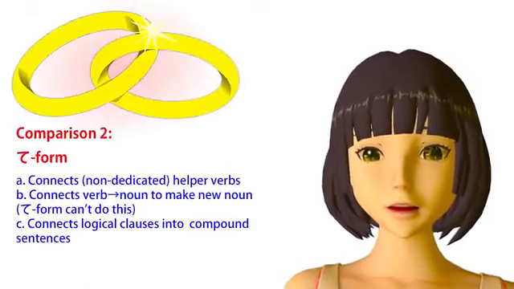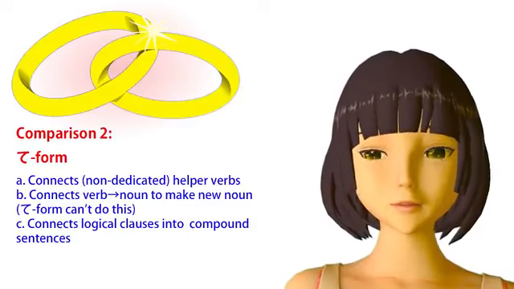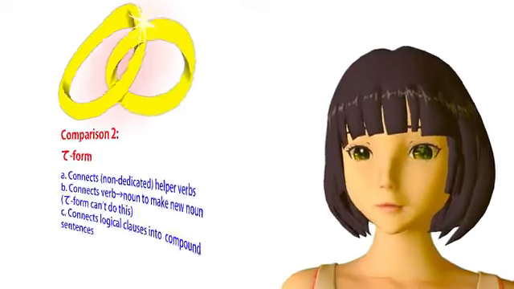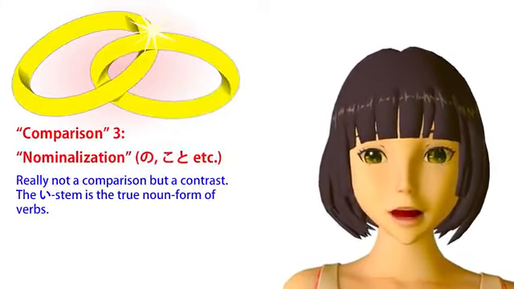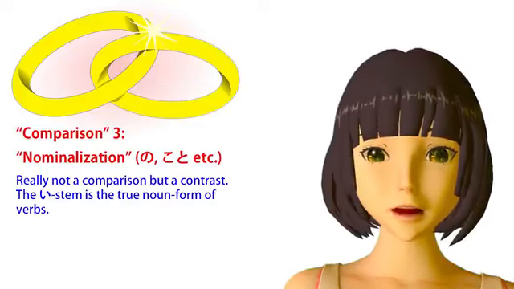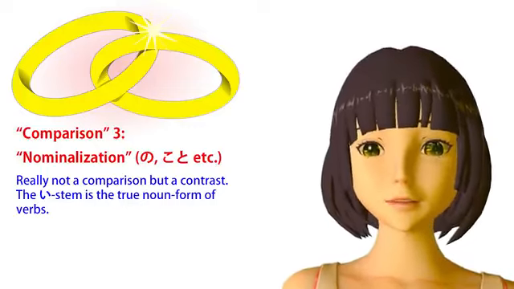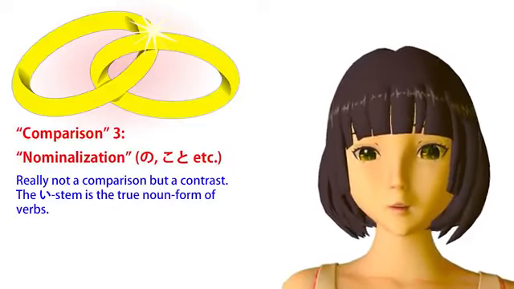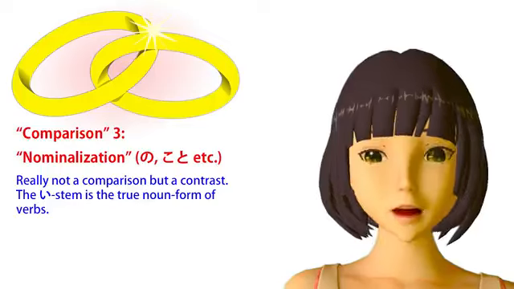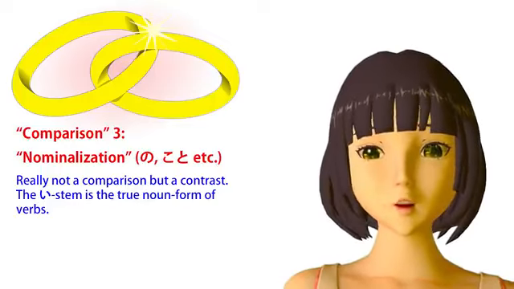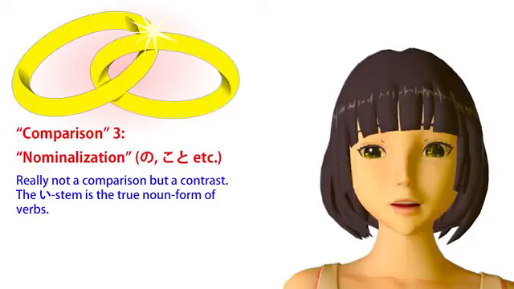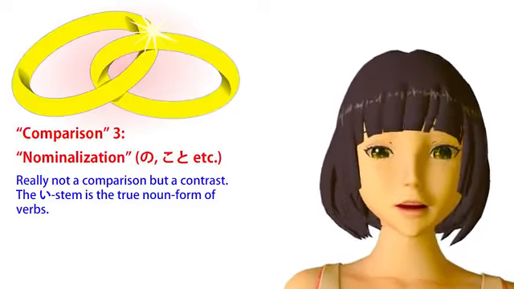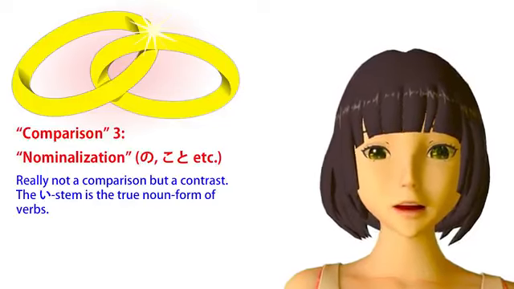So you see, the i stem can do most of what the te form can do. With compound words, it doesn't compound the same words as the te form, but it compounds words in very much the same manner. But the i stem doesn't stop there. It can do one other thing, which is very important. It gives us a noun form of verbs. You've heard me talk before about what's sometimes called nominalizing verbs, that's to say using the no or koto of the mono to turn something verbal into a noun.